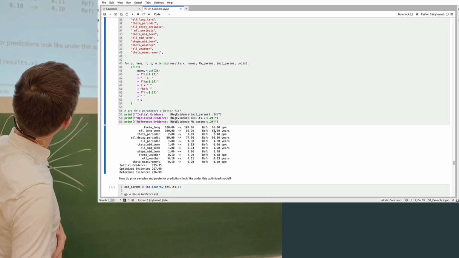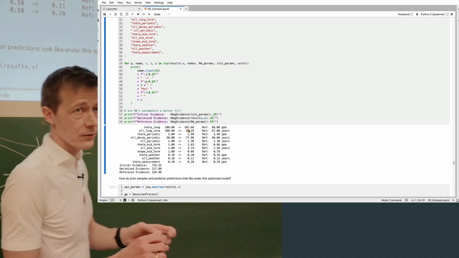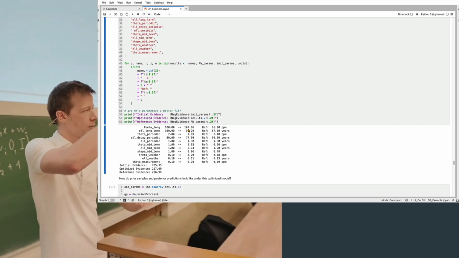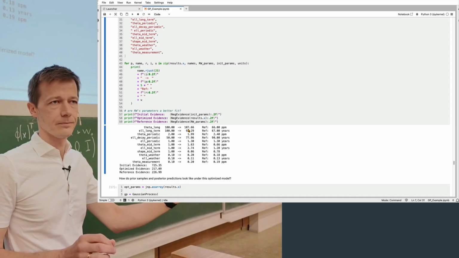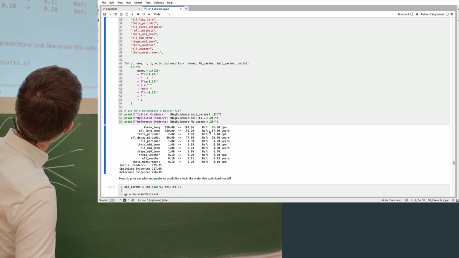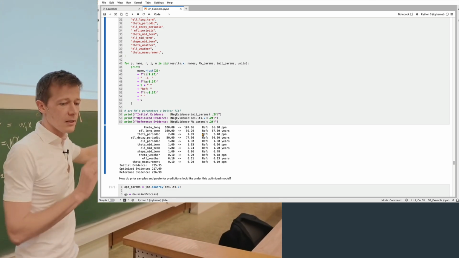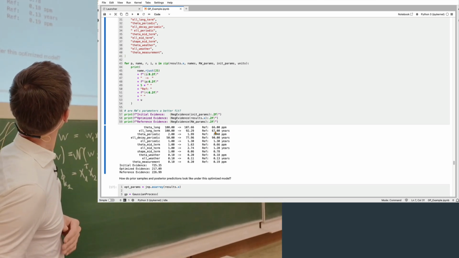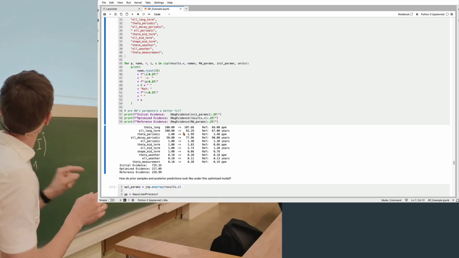And then we find that our model, though, for these long-term parameters, so these are the length scales and the output scale of the long-term model, has found quite different numbers. So this means that our model actually thinks that things are changing on a longer time scale than what Carl thought. And when I first ran this experiment, I can tell you, a few days ago, I saw this number,